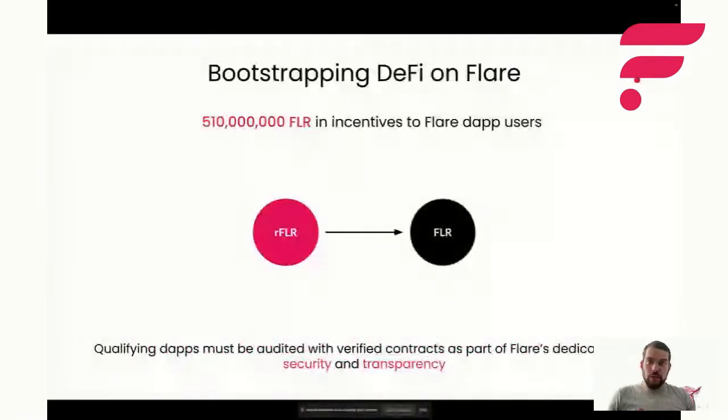Just for a final thing, we're going heavily into bootstrapping DeFi on Flare. You've probably heard about these Reward Flare incentives, where if you participate in the DeFi ecosystem and the qualifying dApps that agree with this Flare ethos, so they're audited, they have verified contracts, and they make sure that everything is working correctly, and we've checked that they use Flare's core protocols, you can be additionally incentivized by the Flare incentivization committee and then by the dApps, however they distribute this, and earn additional yield by just participating in the DeFi ecosystem and being there and seeing what's happening.